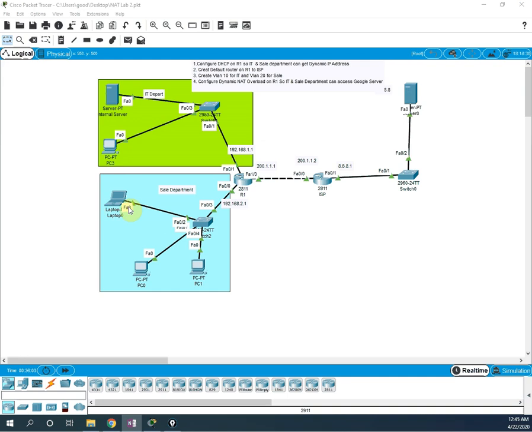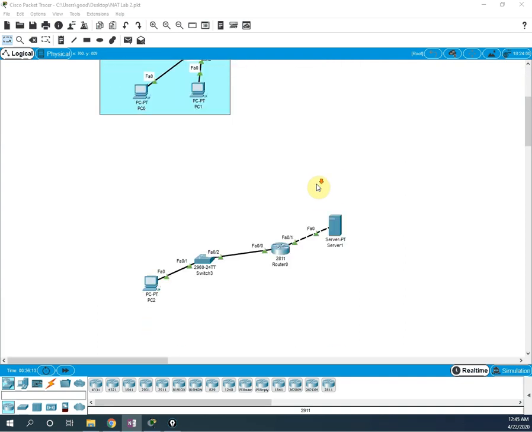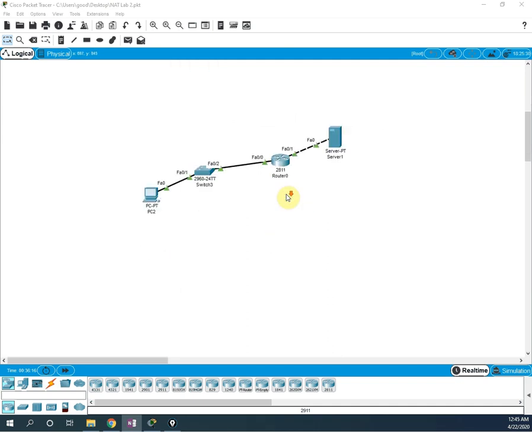Okay, so let me show you here. We have the Packet Tracer here, and we have our last video lab. So I am going to configure SSH in the ISP router. Or if you like, I already designed one more network here. Let's do the configuration here.